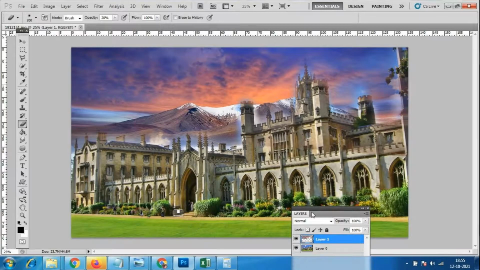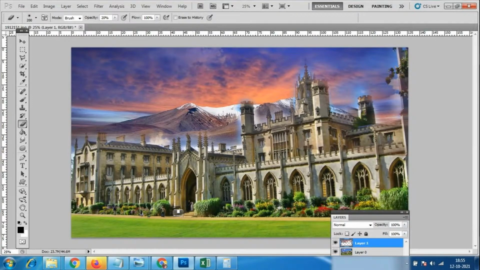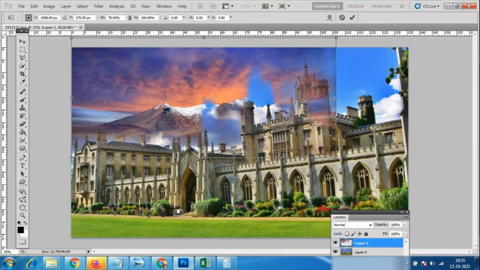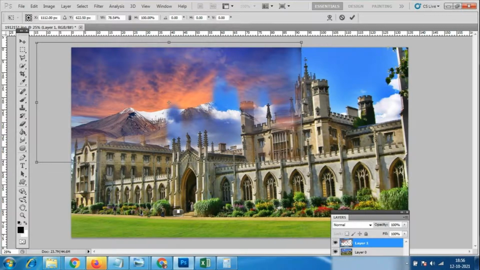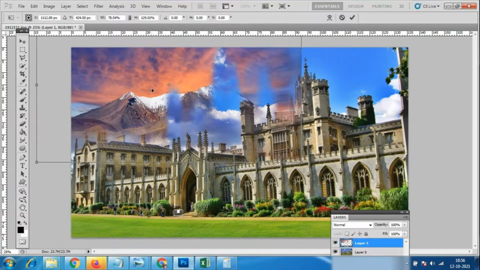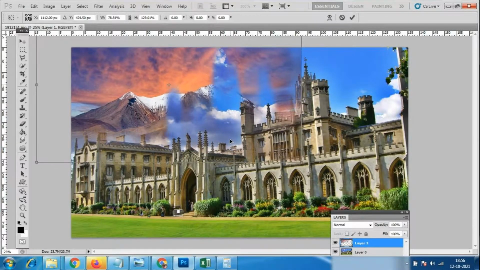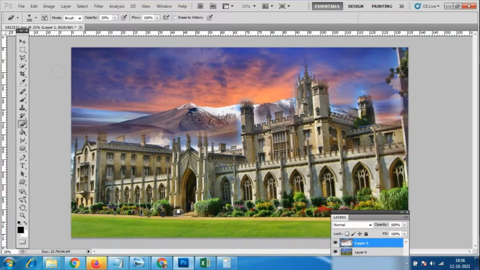So we can see the hill over here. Otherwise we can reduce the hill, or we can increase the hill like this. Later we can erase this also. Because we already did it, we cannot make any changes, so Control Alt Z, Control Alt Z. Okay, so we have to place the hill now.